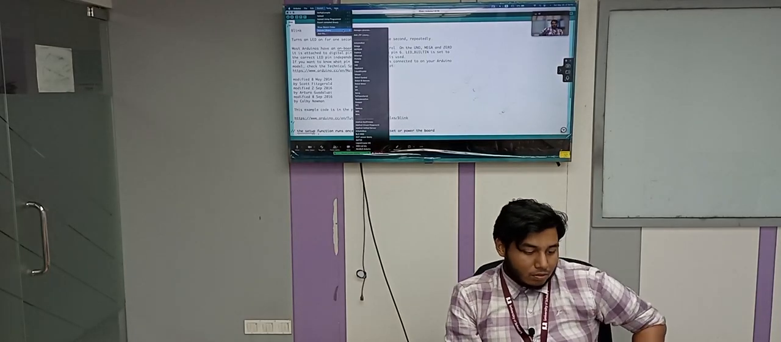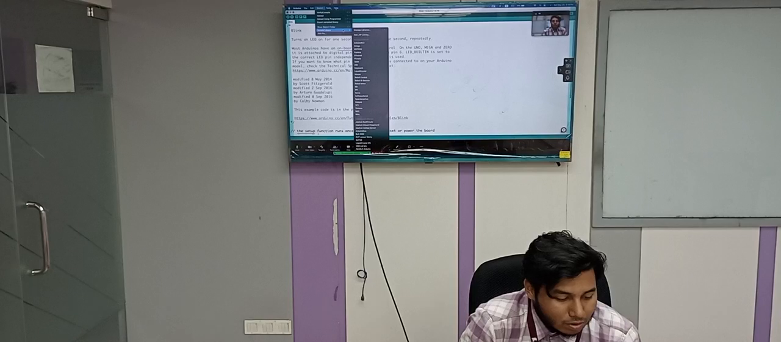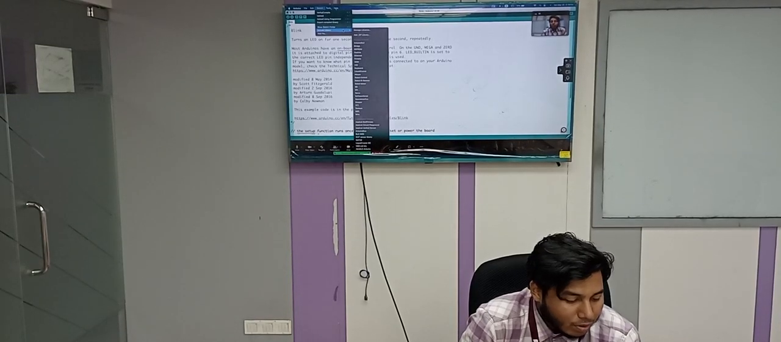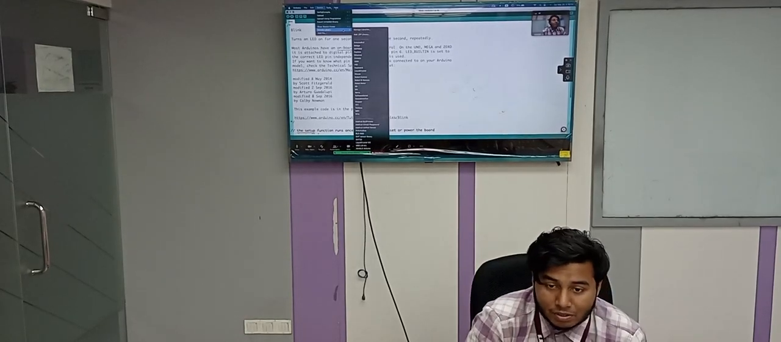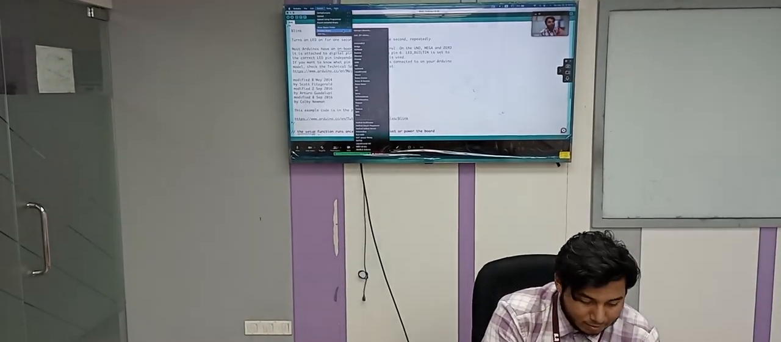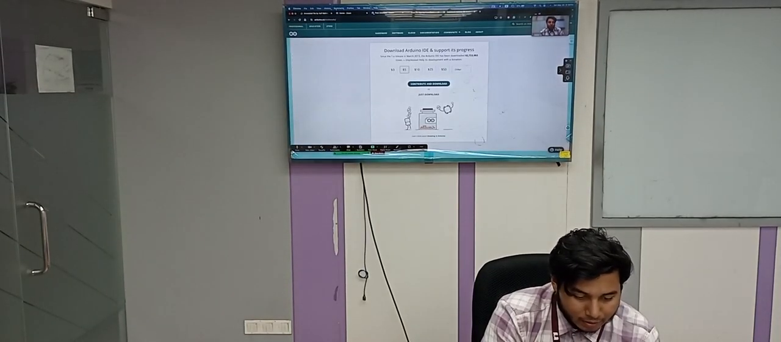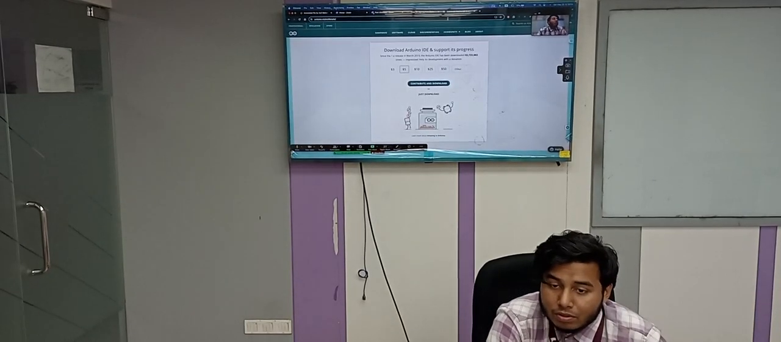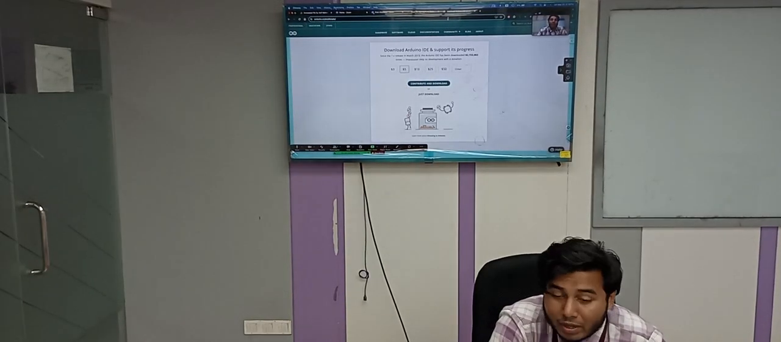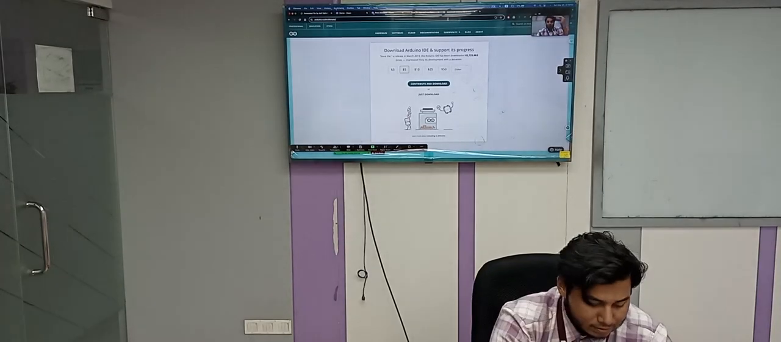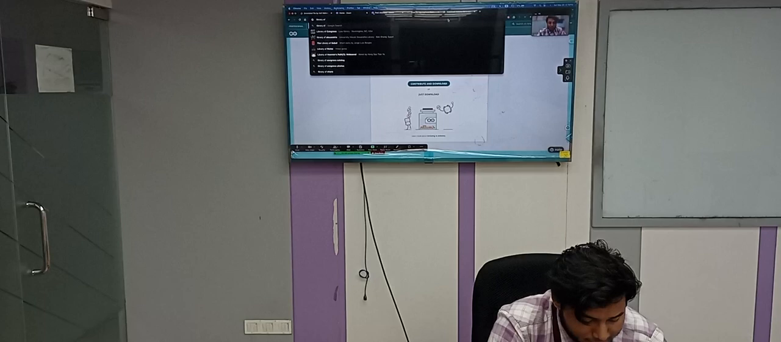Now, sketch, include library. So how will this add zip file work? Right now you can't find the library by searching in your IDE section. Then you have to go to the internet. I'm showing it now. Go to the internet. What are you going to download? Liquid Crystal, or you may search for the library of LCD display